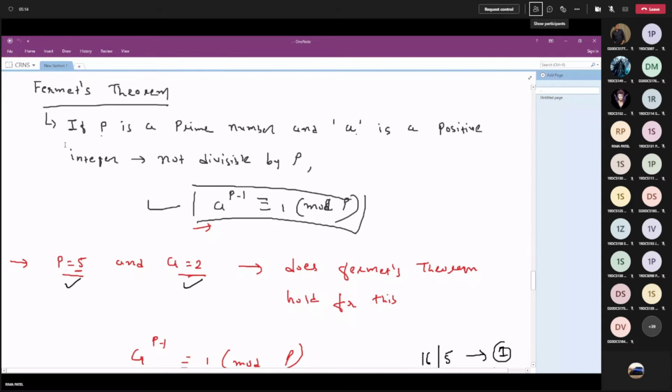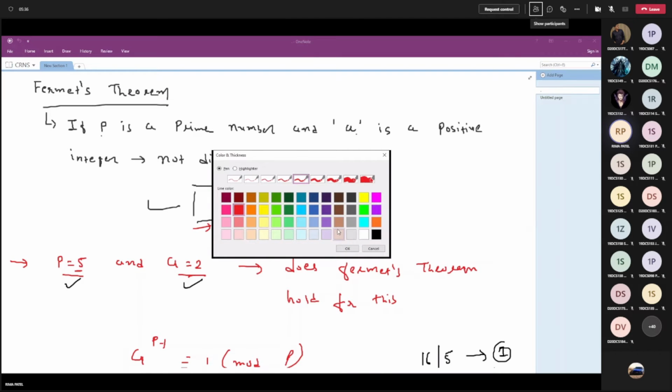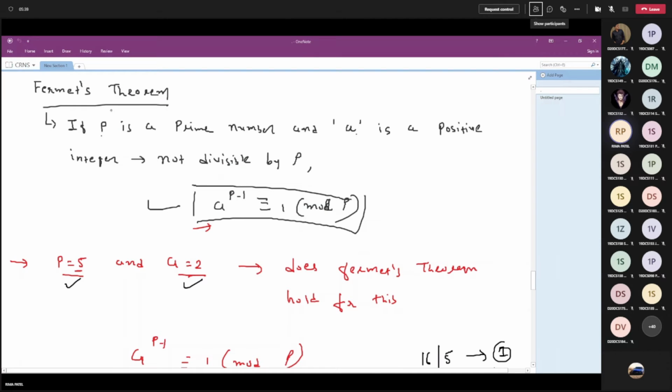Okay. So Fermat's theorem, again, it is going to be useful for dealing with these modular exponential functions, right? So let us just go through it. Very easy, and I have some examples to show you, so we can do that also, and it will be easy for you to apply whenever required, right? Okay, so Fermat's theorem, what it states, let us just go through this definition and then we'll do the examples, right?